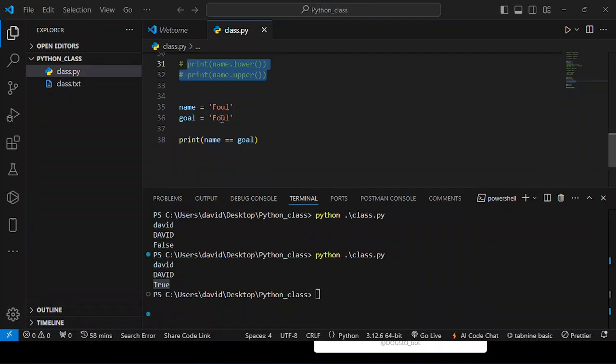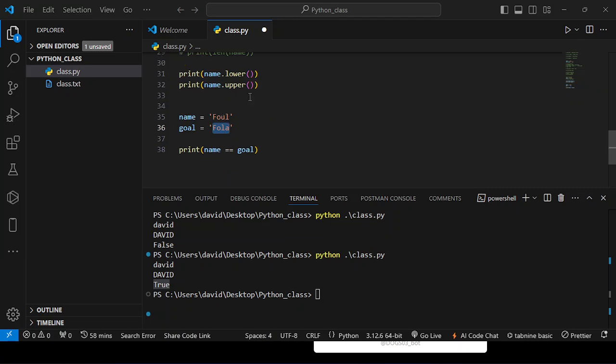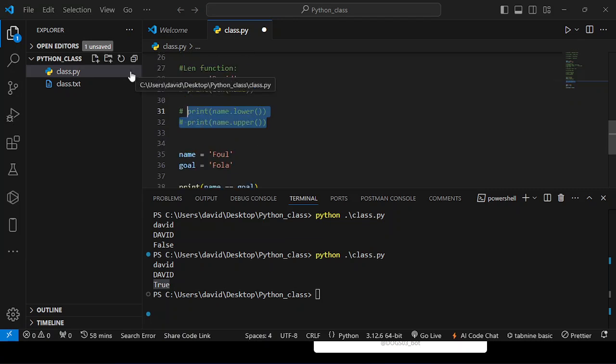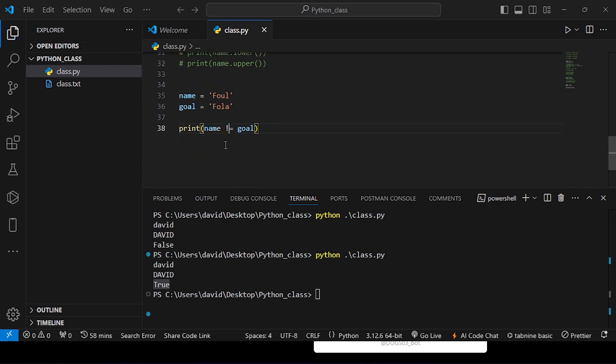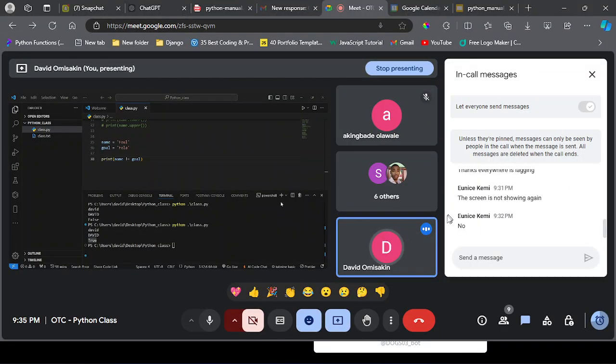But now let me control Z. All right. So now if I do not equals to here, that's the other one we are looking at. If I do not equals to